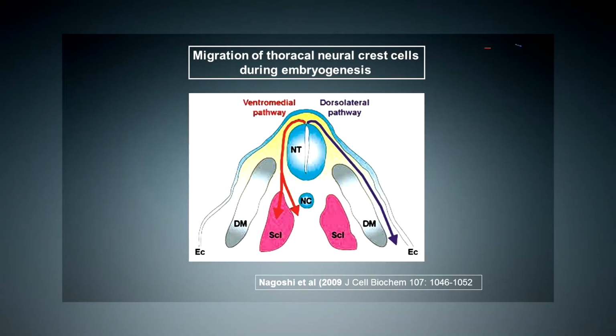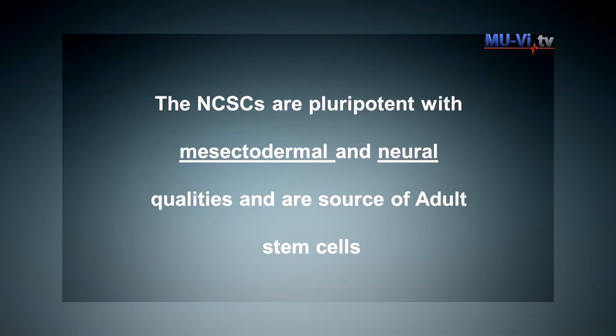Thus, the neural crest cells arrive at all organs which are innervated by the vegetative nervous system. Also, in the skin, melanocytes are built. Our knowledge until this moment is that the neural crest cells are pluripotent and are able to produce mesodermal, ectodermal, and endodermal progeny. And as we can see now, that is not totally right,